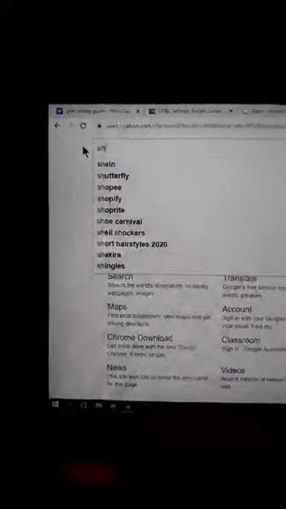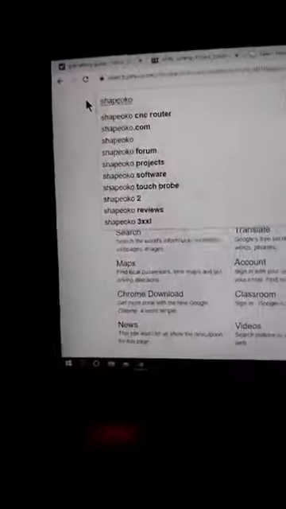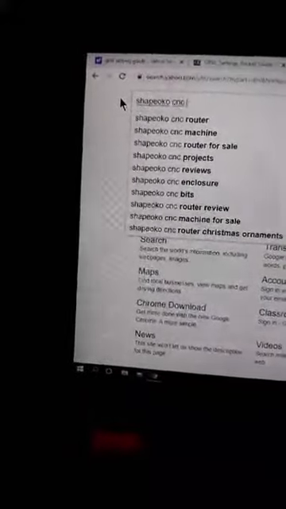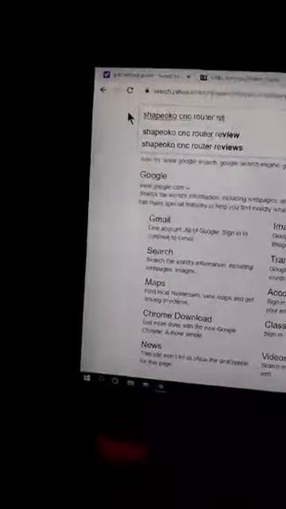Okay, and then here I go to Google search. My Google search bar comes up, and I put in Shapeoko. There it comes up, CNC router. Now I can say CNC router reviews.